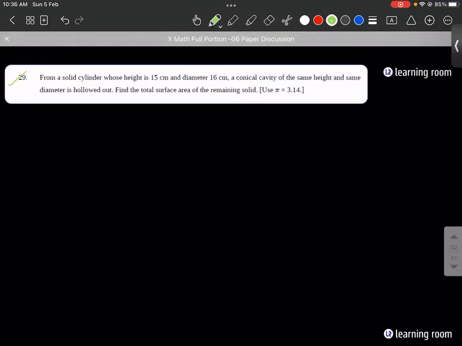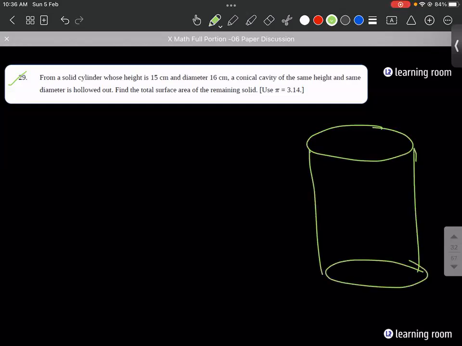29th. From a solid cylinder whose height is 15 centimeter and diameter 16 centimeter, a conical cavity of the same height and same diameter is hollowed out. Find the total surface area of the remaining solid. So what will be the answer? If I look at the diagram of this,